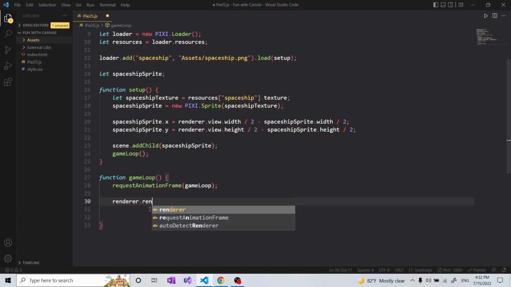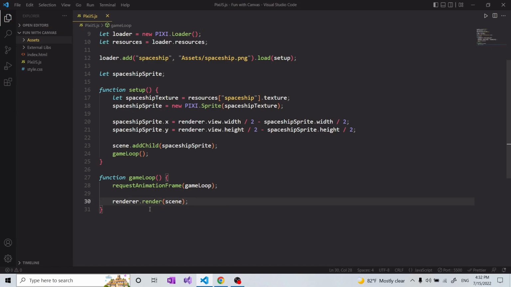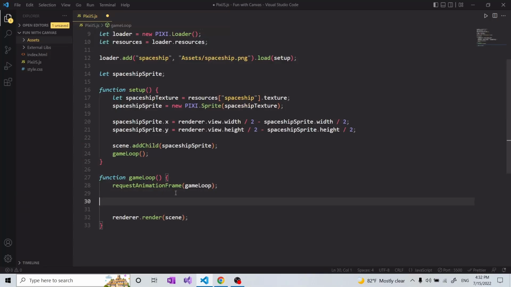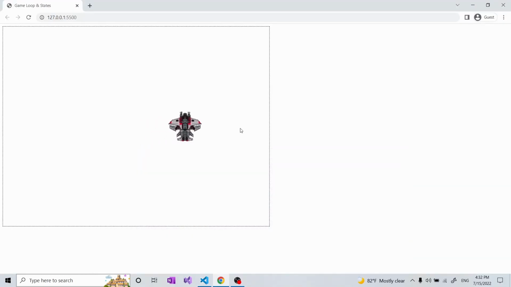I'm gonna render the scene so that I can see my spaceship, and I'm just gonna stick on this spaceship. So if I want to move it, I can simply update the x position of the spaceship +1, for instance. Now I can see it moving with a smooth animation like this. Okay,